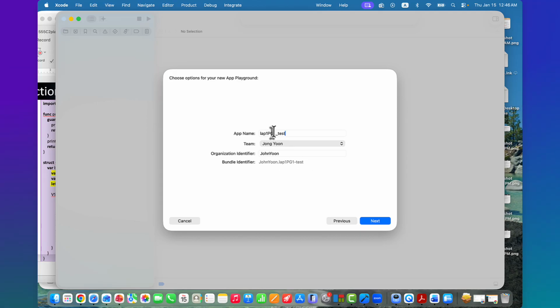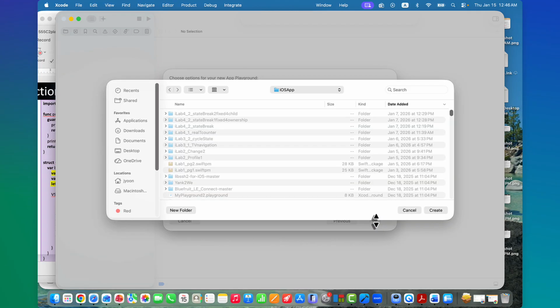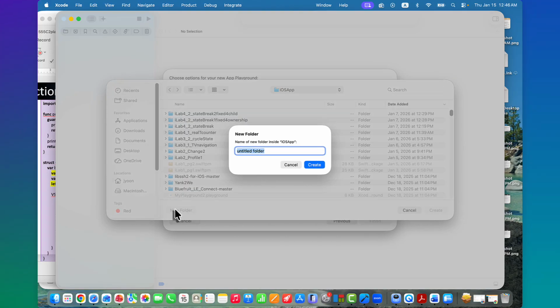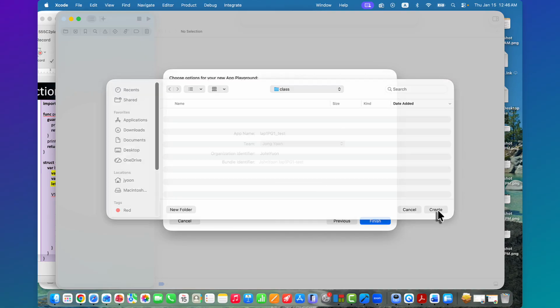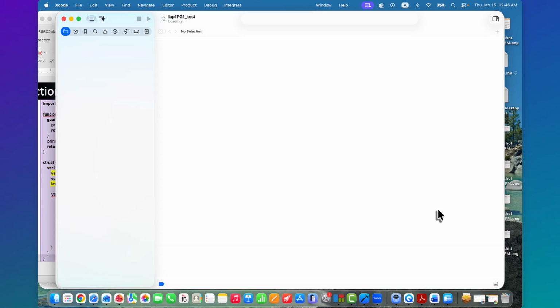This was picked up very easily. And then I can click the next button. And where I want to save this, I want to make a new folder, class. I want to make it inside the class and then create that.